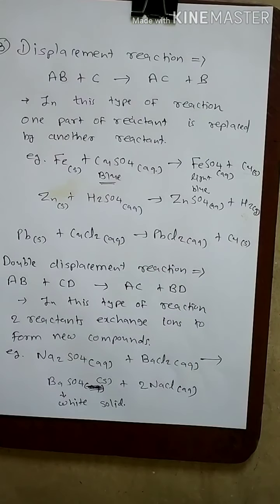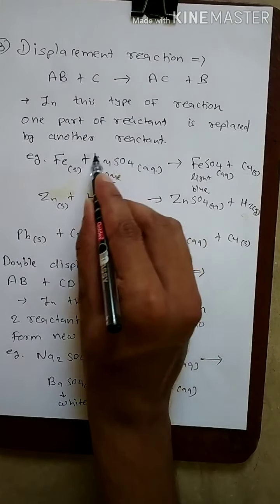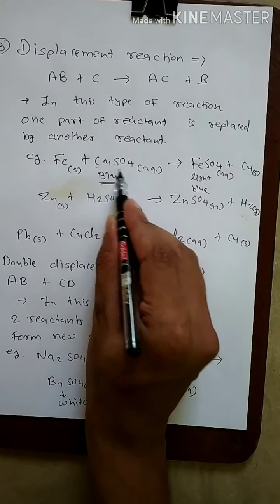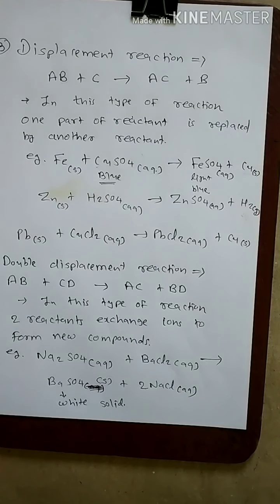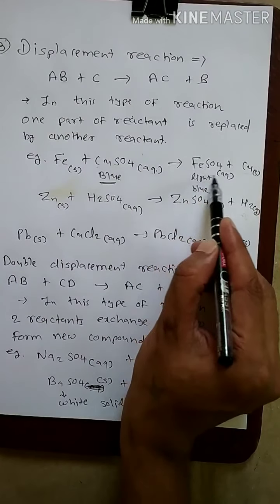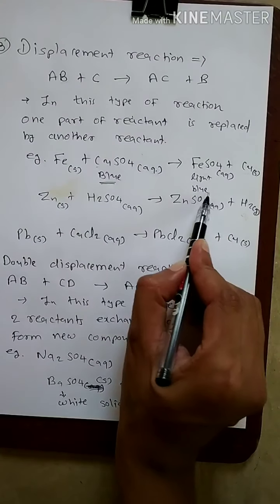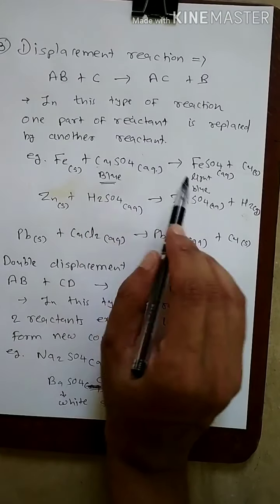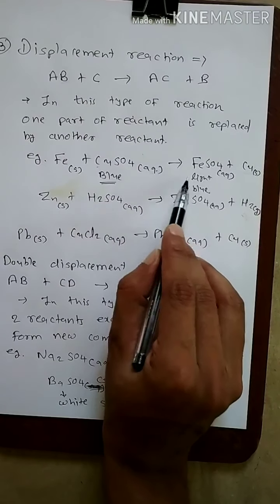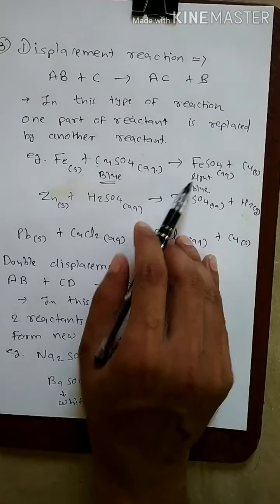And what is the observation here? So CuSO4 solution is blue in color. Now after reacting it will give you FeSO4 solution. It is light blue color solution. The blue color will fade a bit, it will reduce. So that observation you will get there.